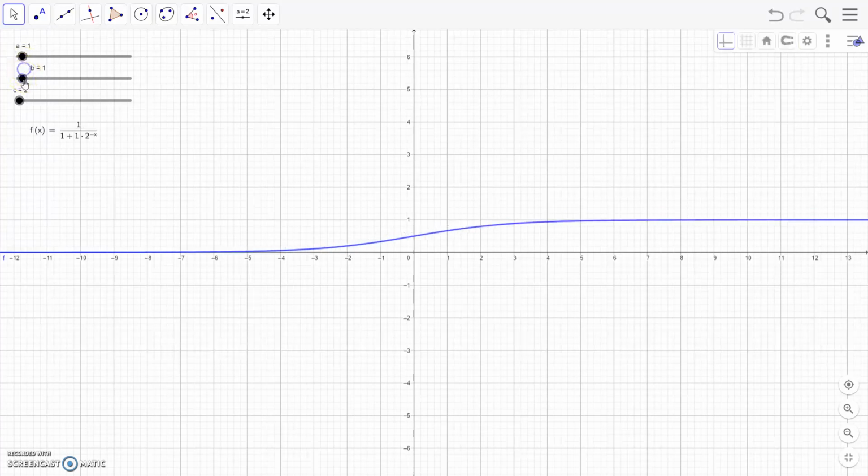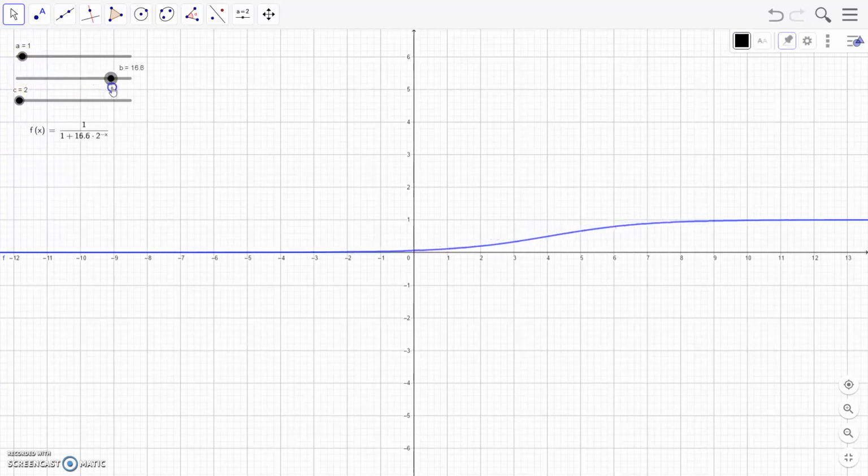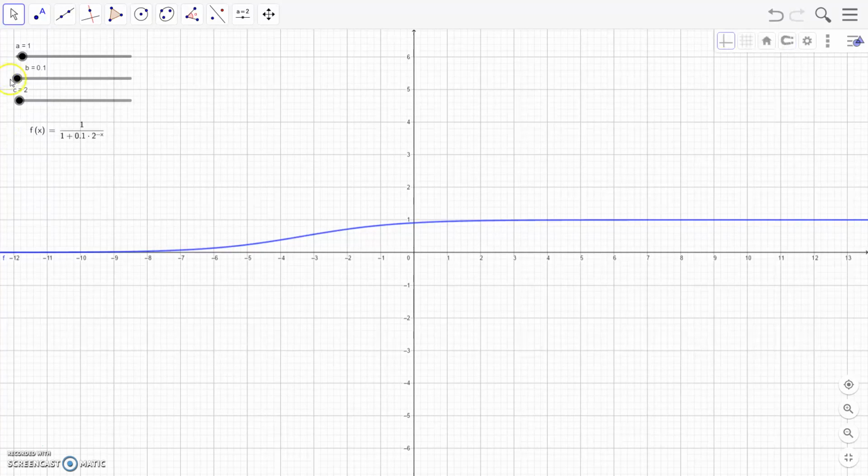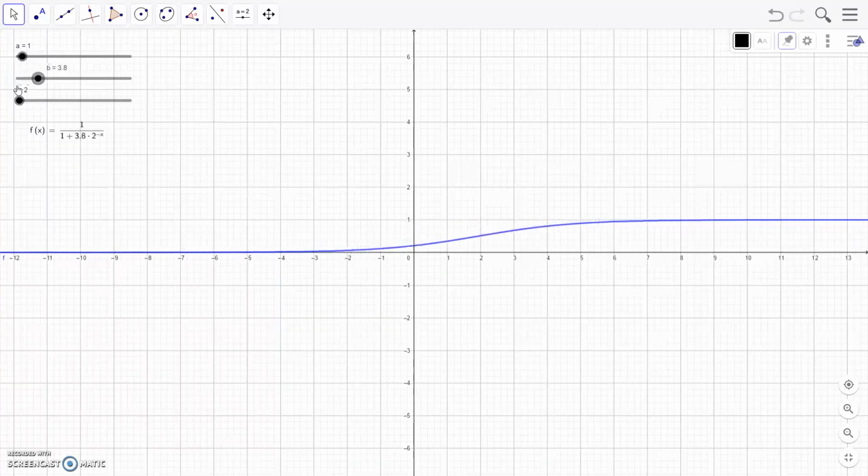And let's take a look at B. So B changes the movement of the graph from left to right. And it seems as we get less than 1, then that change happens faster. So it doesn't affect how quickly the change happens, it just affects where it happens along our x-axis. And that is because it's right here in the denominator of our function, and it is multiplied by our base